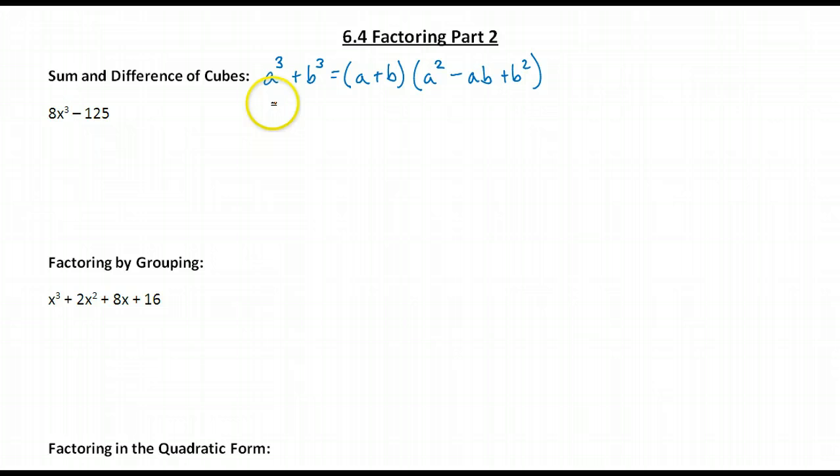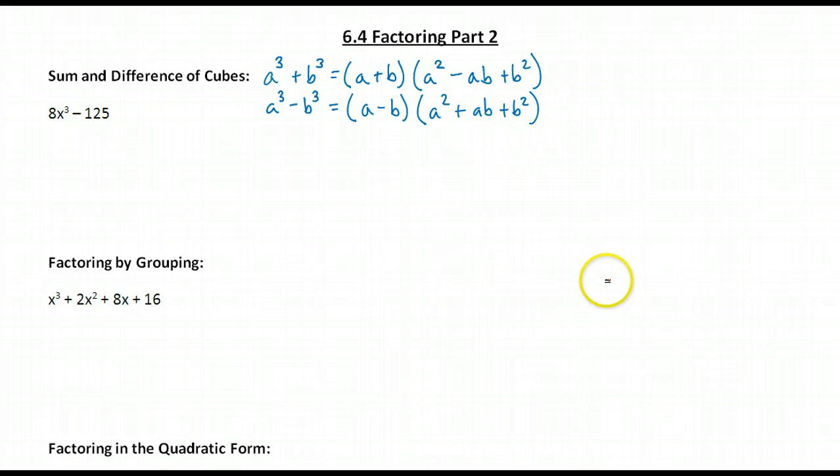To factor the difference of two cubes, where we subtract between our two cubes, we use this formula: a minus b times a squared plus ab plus b squared. In order to factor using the sum and difference of two cubes, we need to take our cubic binomial and rewrite it as something cubed